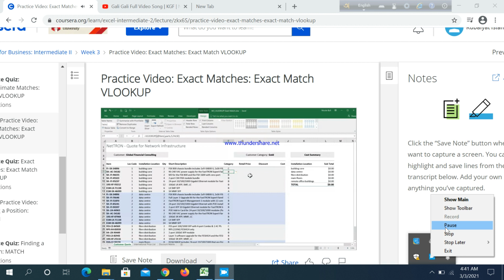Too easy. Now the thing with the VLOOKUP is it is actually one of the more complex functions, and it will take